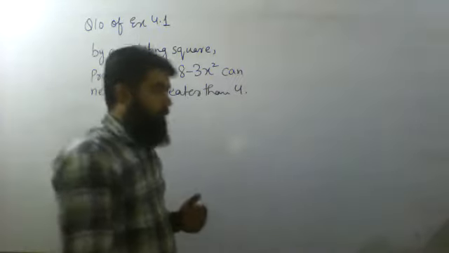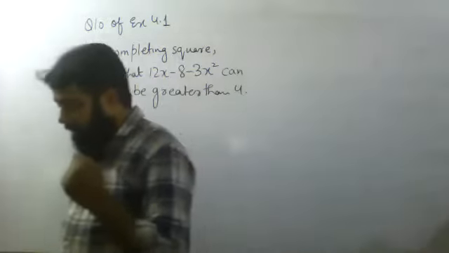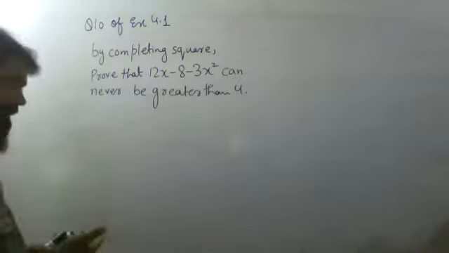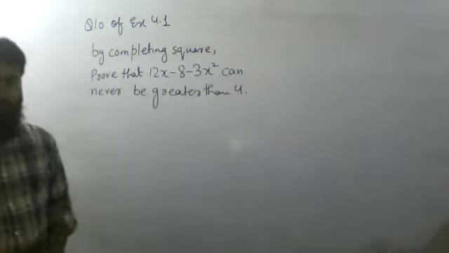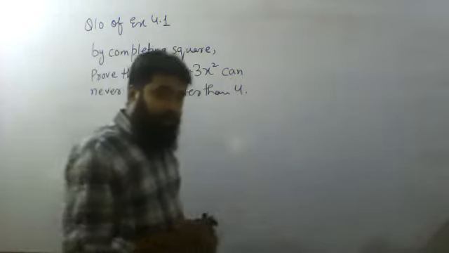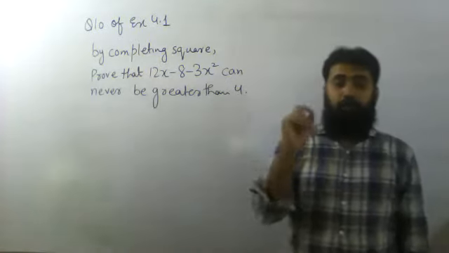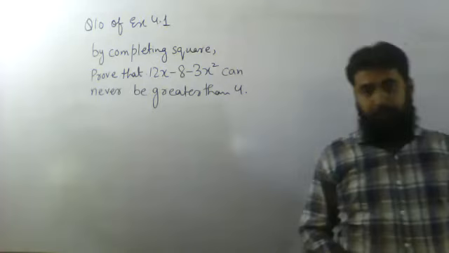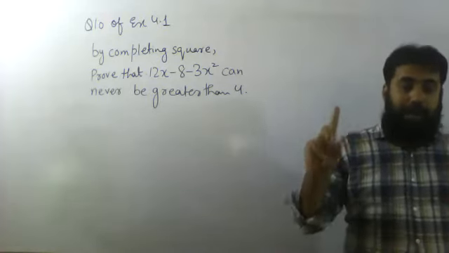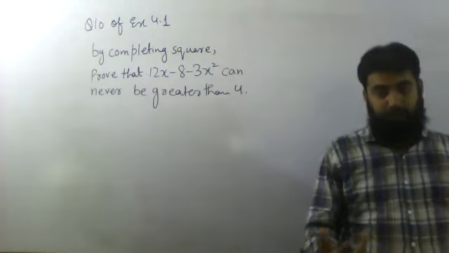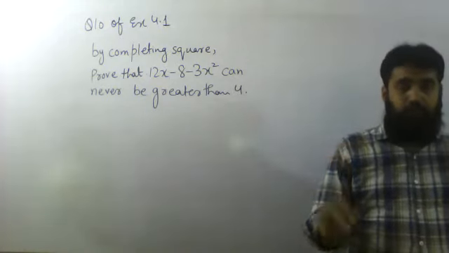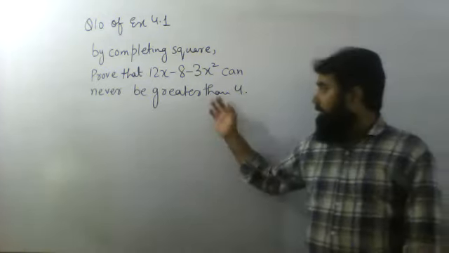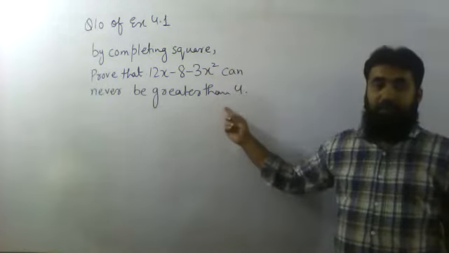So basically, I have to find out the nature of the curve. Either it is minimum or maximum. That is the first thing I'm going to find. After that, I will try to find the y-coordinate of the turning point. When I will have those things, then I can prove that either this thing will be greater than 4 or not.